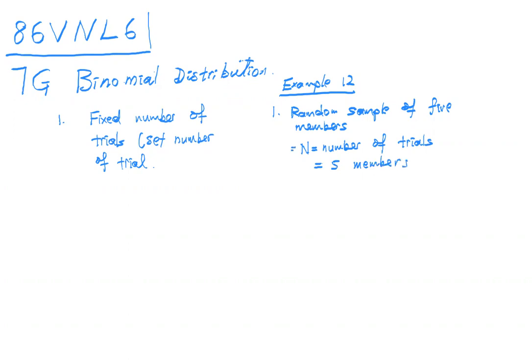And some use small letter n. Okay, we use small letter n. So that means every sample you take must have a fixed number of trials. That means every set of numbers that you take in here is 5. Are you clear? So I use the example. You cannot just say have a fixed number of trials. You have to specify the number of trials is equal to 5 members in each group. Set of 5. Got it?